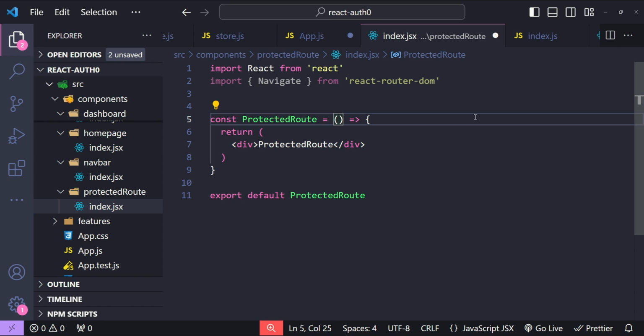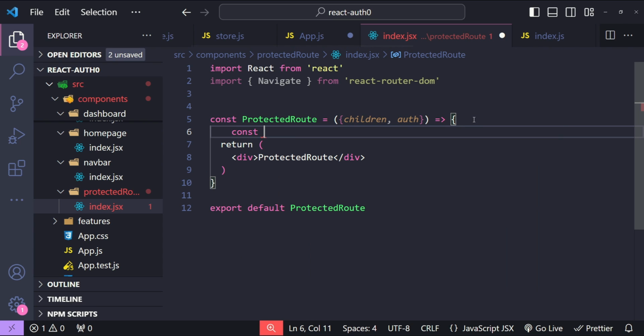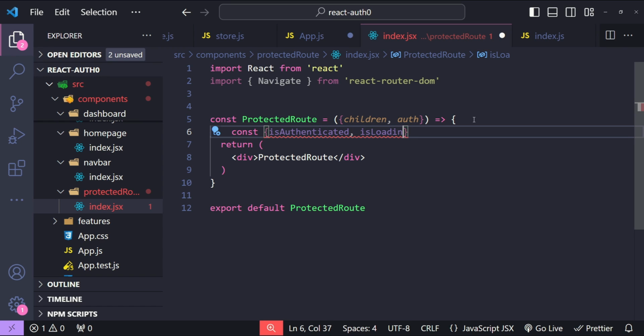Now let's add a couple of props over here. The first one is going to be the children prop, and then the second one is going to be the auth values. So let's destructure the auth values. So const isAuthenticated, and then let's also use isLoading as well, equals to auth,